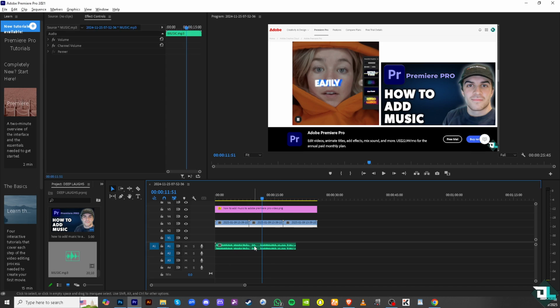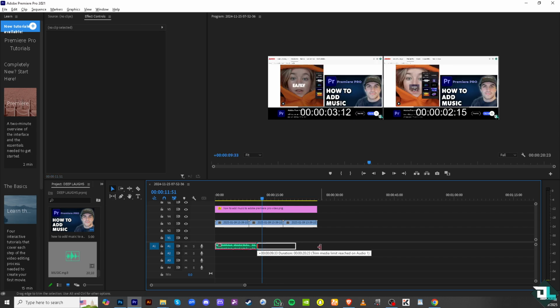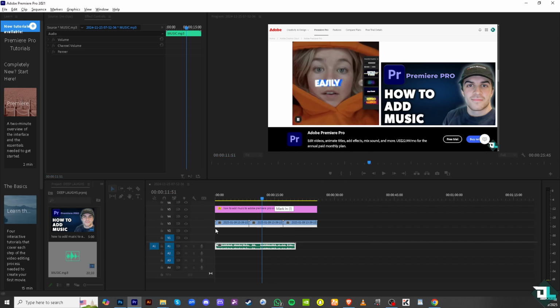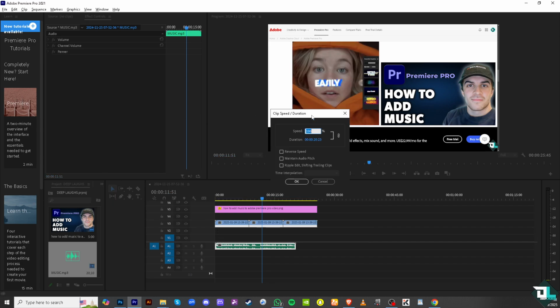You can cut it right here. If you want to cut the video, click the eraser tool. You can expand it again if you want. You can right click and click this fade duration. You can increase the volume, speed for the